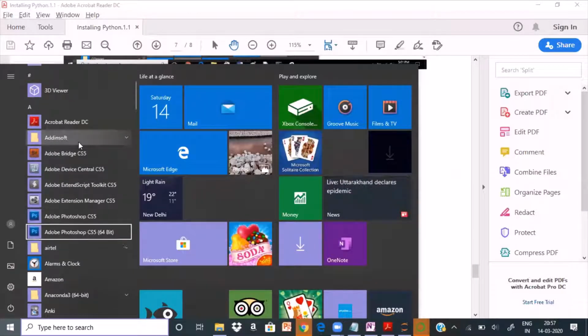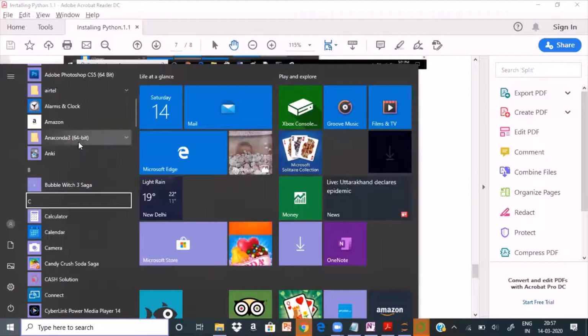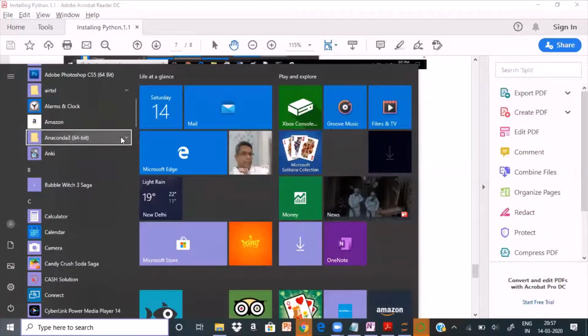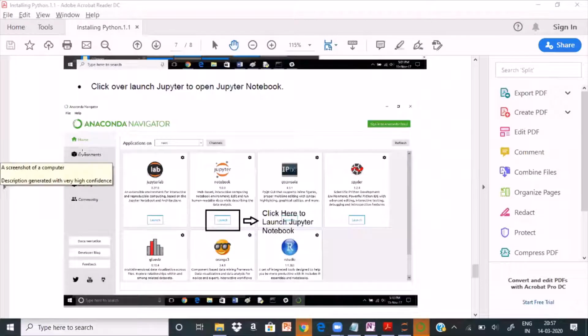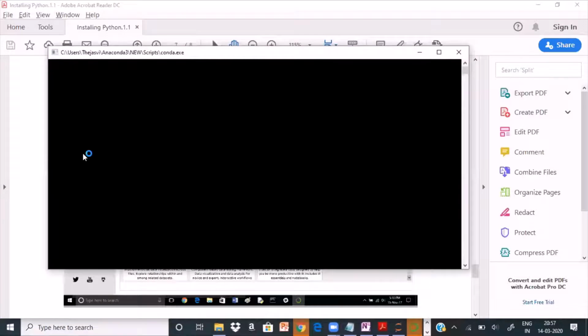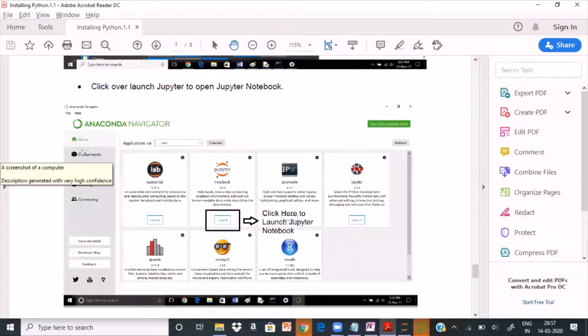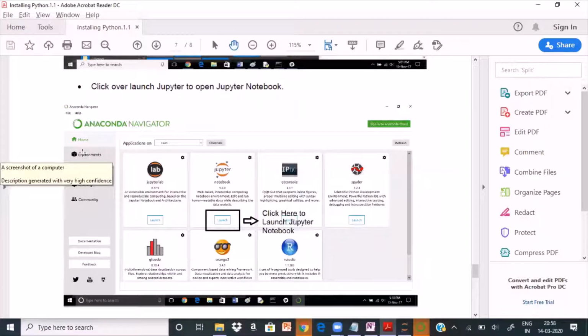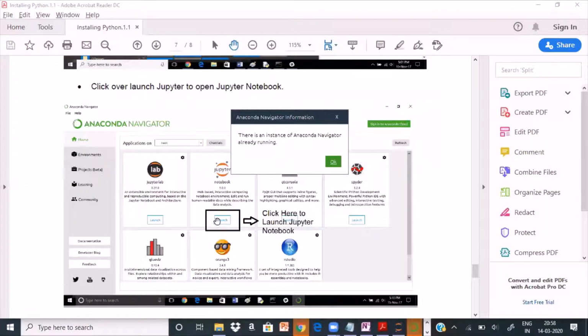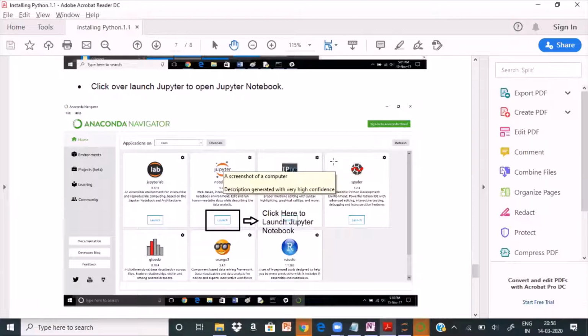So we are going into Anaconda. You see here, you open this Anaconda Navigator. Run this. When you run this, it will take some time. It will open up a browser and it will show you certain things in front of you. You will get this screen. Okay. This is already running. Did everyone get this?